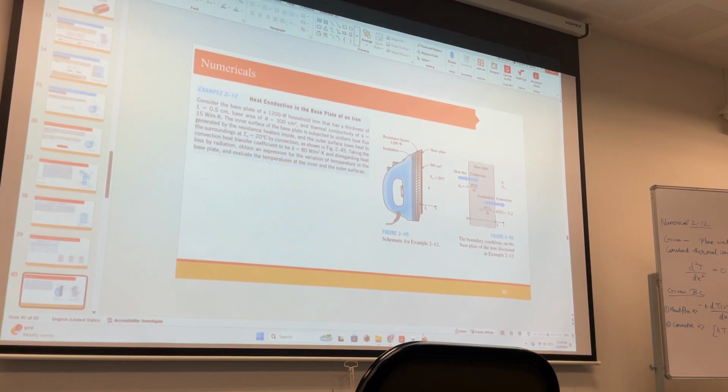Okay. I request you to take a picture or write down this numerical here because I'm not following the same way that your book has mentioned. I have solved my different version. This is the book thing, this is my